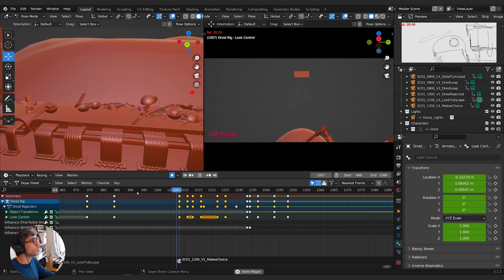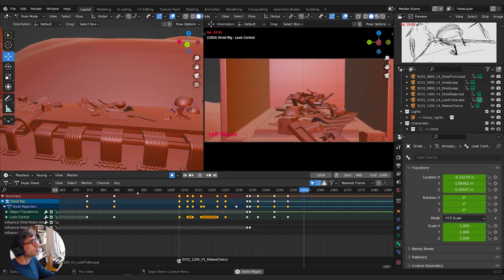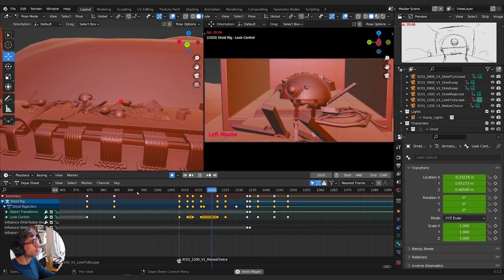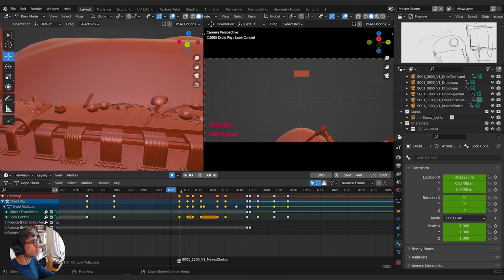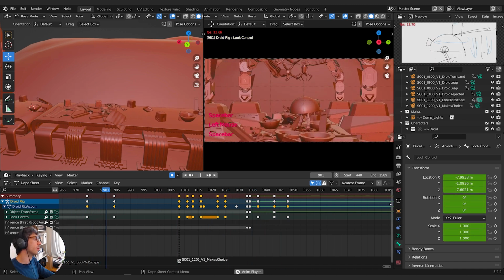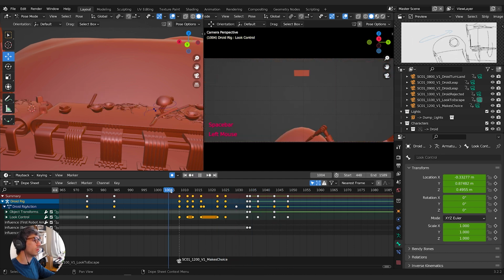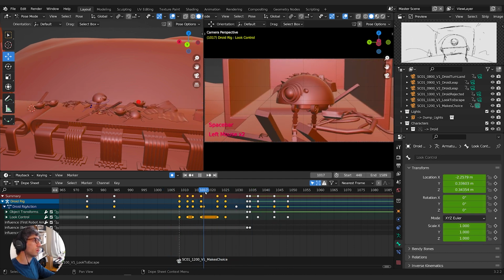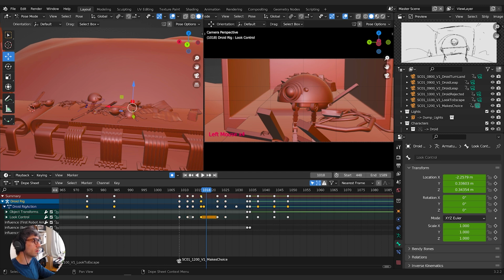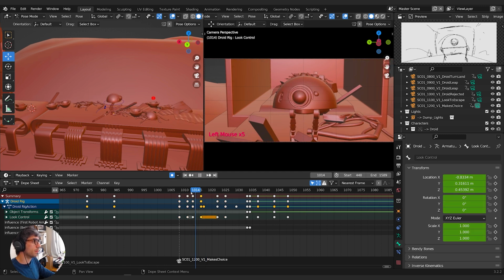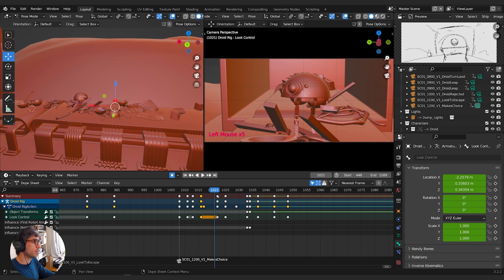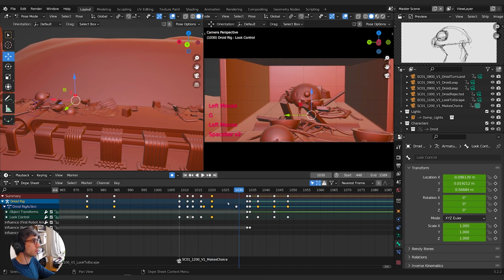No. Looks up, left, right, jumps. If I got rid of these holds, so just like